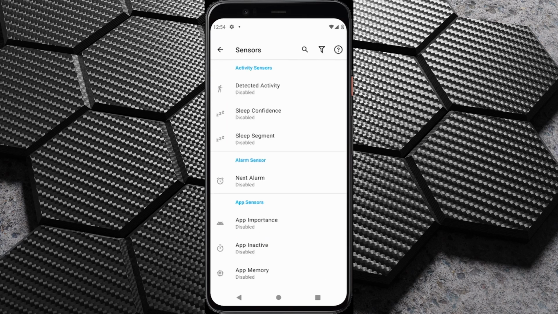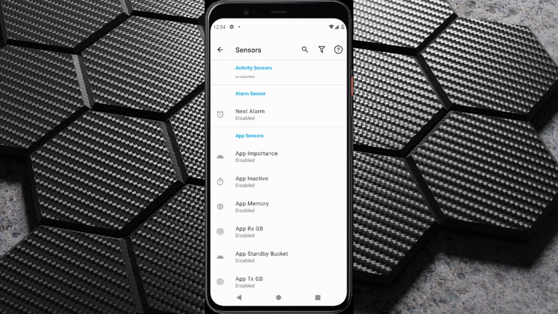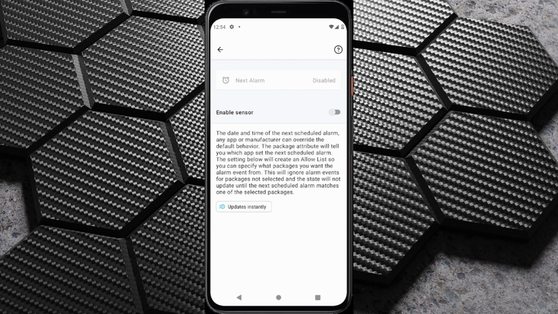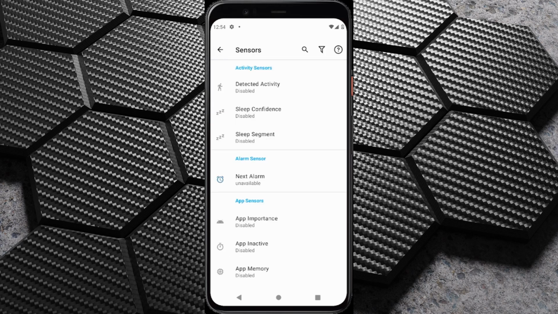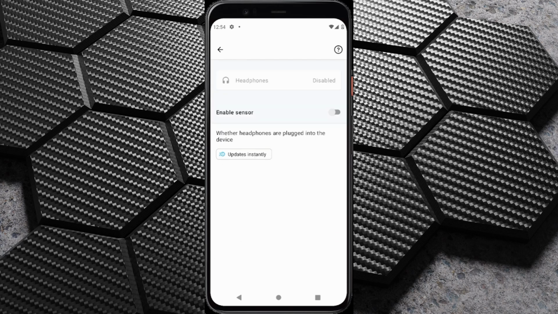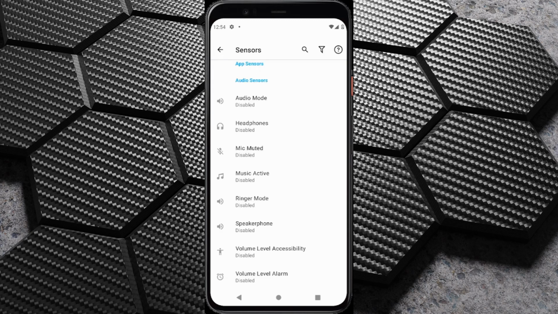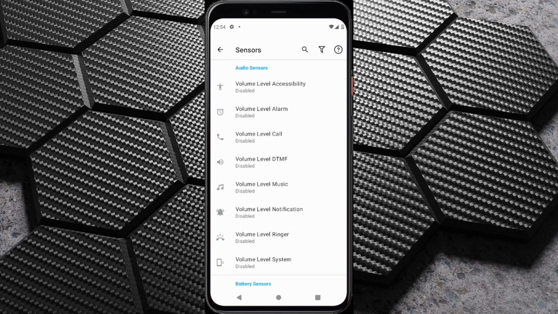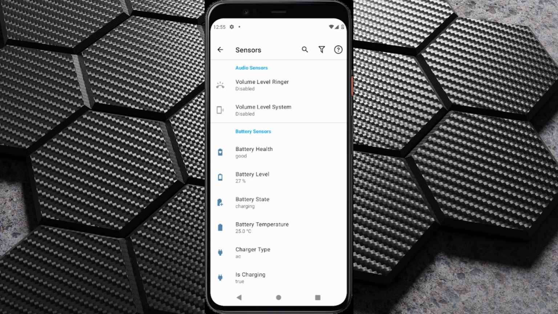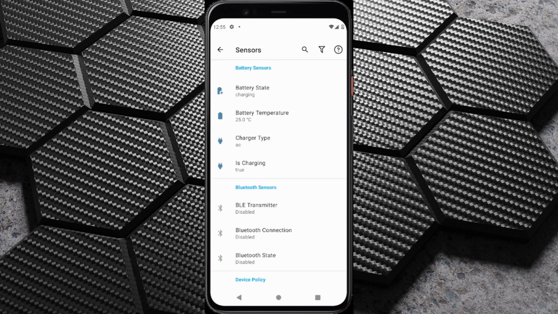So if I go to manage sensors, we can add a whole bunch of different things in here, like we can allow the sensor for next alarm. There's all sorts of other things in here. So whether or not the headphones, we can see whether headphones are plugged into the device. We can see the battery health is already in here. So we could disable some sensors here as well if we wanted to clean up the number of sensors showing